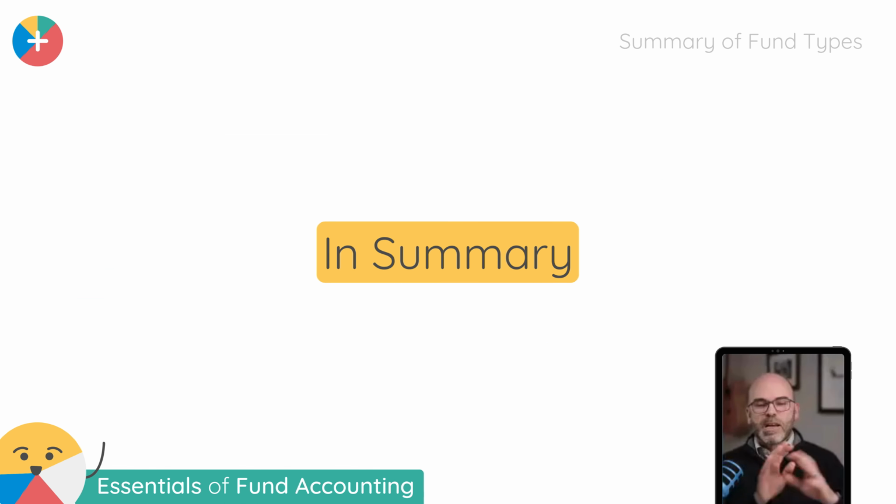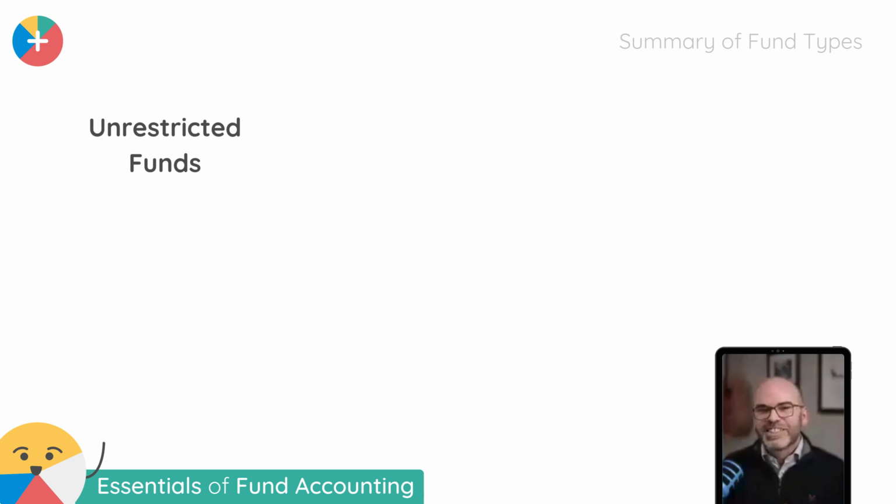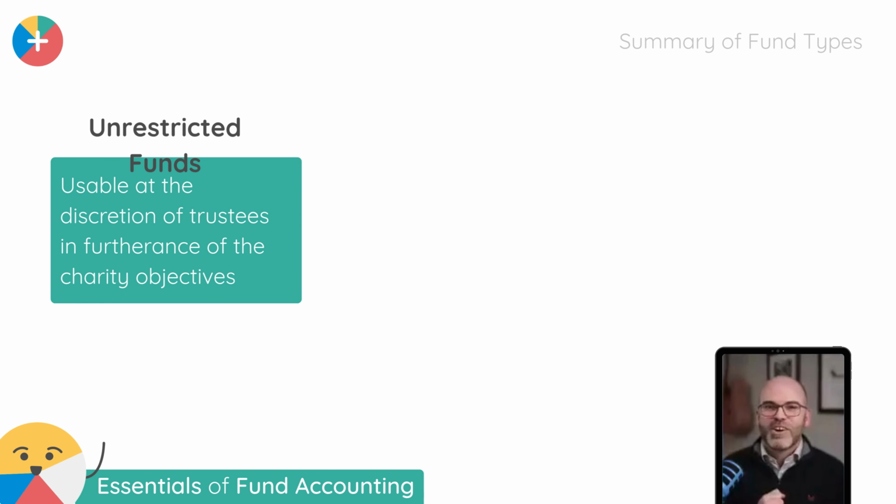And in summary, for this particular part, this is kind of where we're at. And this is perhaps a good slide when you get the notes to print off and stick on your wall next to your computer. So unrestricted funds, usable at the discretion of the trustees, as long as it's on their charitable objectives. The key test being they have absolute